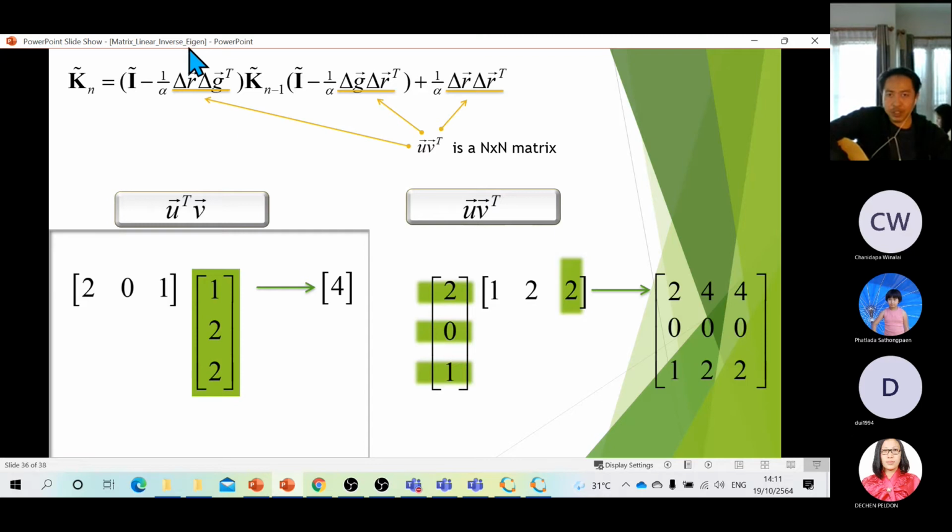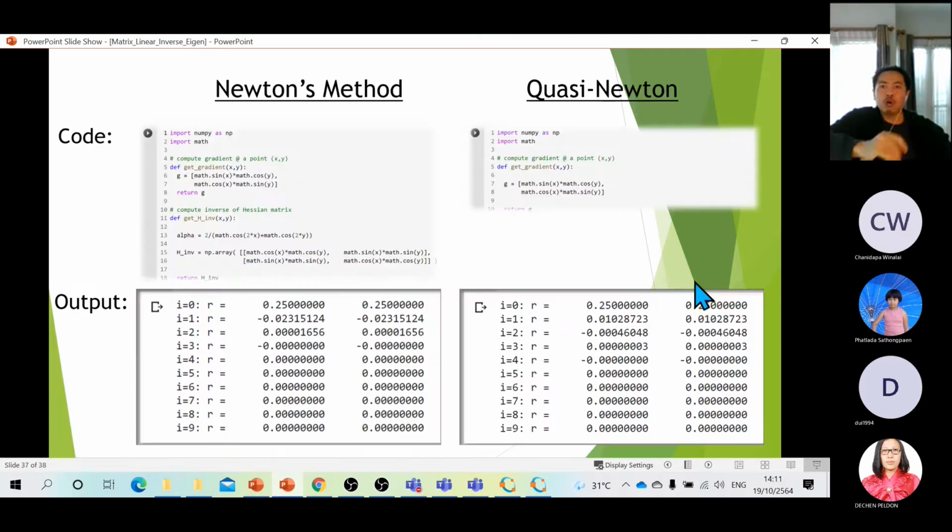So you get matrix subtraction. Subtract this matrix from the I, subtract that matrix from the I, multiply them, and add another matrix here, and you get the final value for the K. Now, I can give you a very nice formula for the resulting matrix. Say U times V transpose is a matrix, and the element Aij is the multiplication of Ui Vj in this case. Okay, now let's go to see the code in Python.